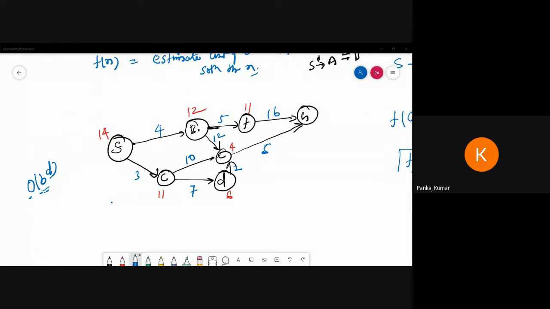सागर कंप्लीटेड? Yes, sir. ओके, कॉस्ट कितना है? Sir, 37. 37, ओके। Yes, sir. और उसमें मैंने वो जी का कोई कॉस्ट ऐड नहीं किया है। जी का आपका ह्यूरिस्टिक वैल्यू 0 होता है गोल स्टेट का। हाँ हाँ, इसलिए तो